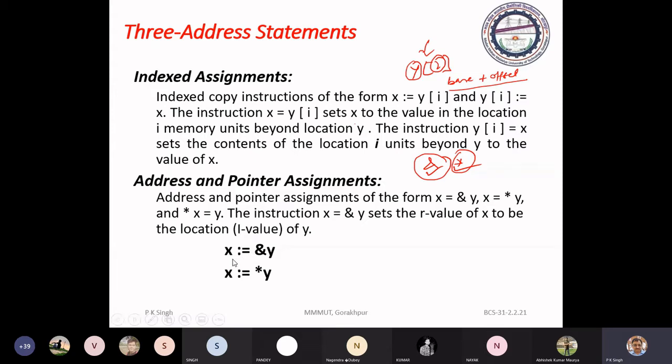Means if you use this operator, it will return the L value of the particular variable, and here we have a variable, but with this we always use an address, so it will return the R value stored at that address. Okay.